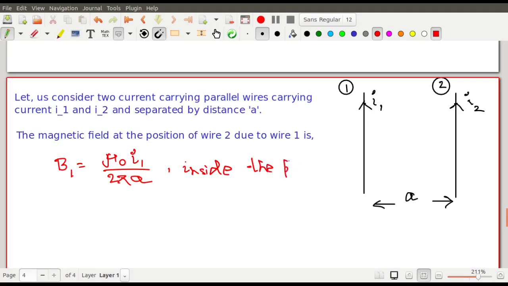Inside the plane of paper. Right. আচ্ছা, কি করে বুঝলাম ইনসাইড দ্য প্লেন অফ দ্য পেপার হবে? How do I understand? So this is another interesting thing that you should understand, that why the magnetic field is inside the plane of paper. So when is the magnetic field inside the plane of the paper and when is it outside the plane of the paper, that should be properly understood by you. এটা কিন্তু তোমায় properly বুঝতে হবে যে ইনসাইড হবে না আউটসাইড হবে। So how to understand this? So the rule is that